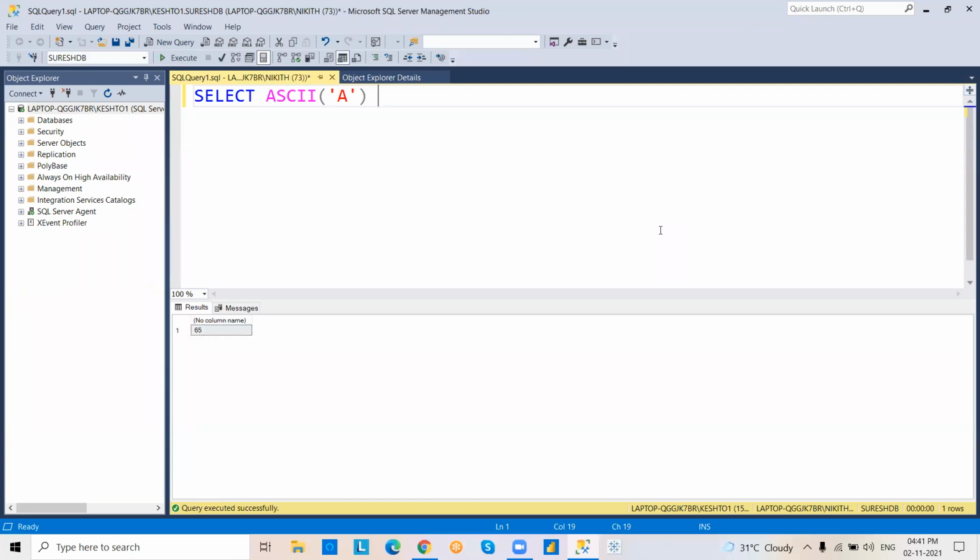So what is the capital A? 65. So reverse function is char function. Suppose I'm giving char of 65. It is giving like this, capital A. Okay. This is the way like how we are working.